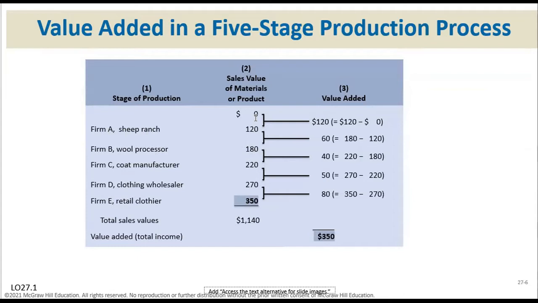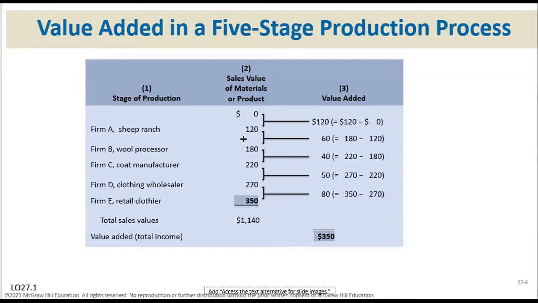Here is a sheep, and a wool processor will get those sheep from the farmer and process it. Once they process it, they will sell it to the coat manufacturer, and so on, all the way to the retailer, right? So if you want to account for the value added, you account for the value that you added on it. That means the selling value minus what it costs you to purchase the raw material to transform it to that product.